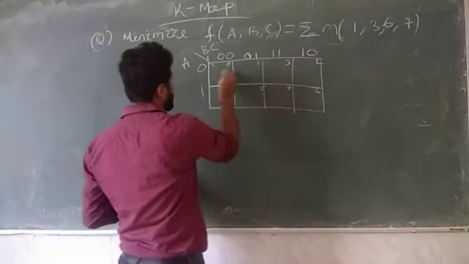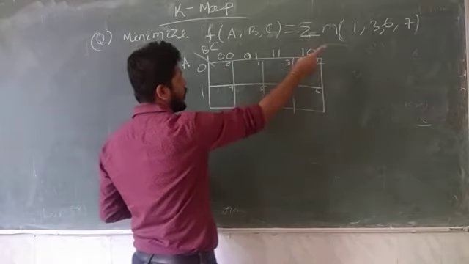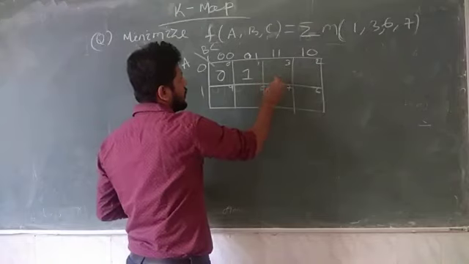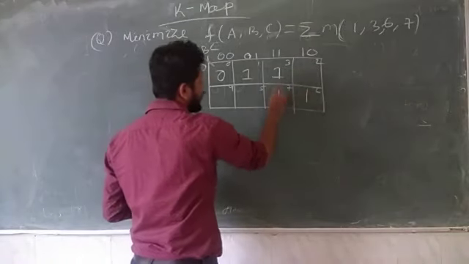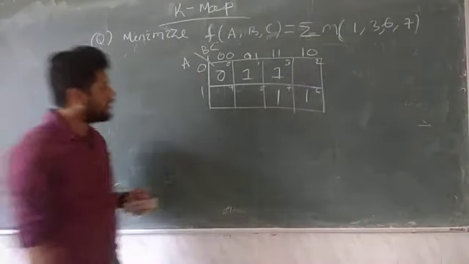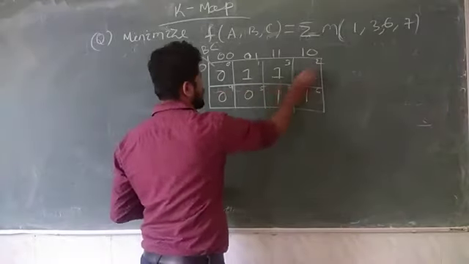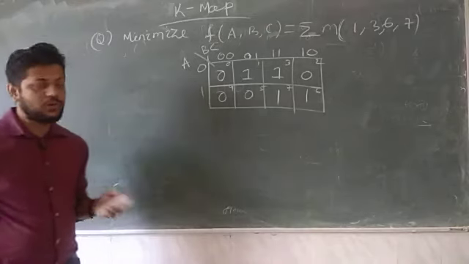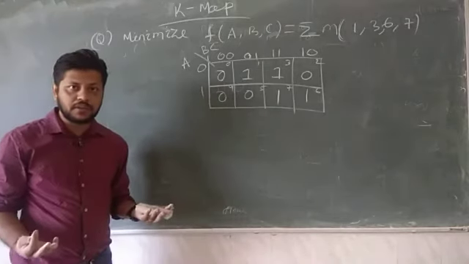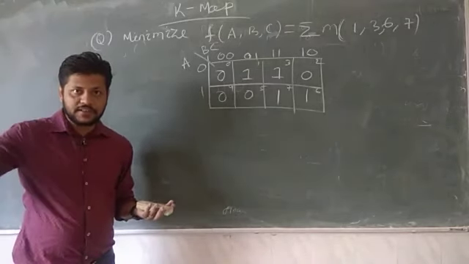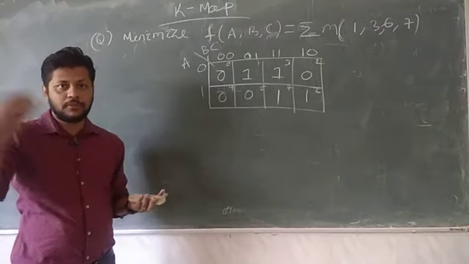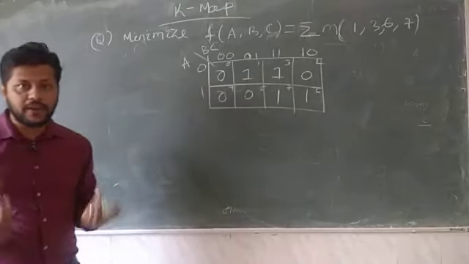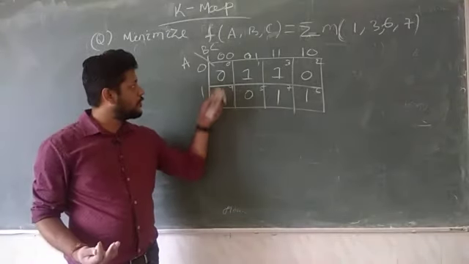So we can see here, 0 is not present, so 0. 1 is present, so 1, then 3, then 6 and then 7. Remaining terms are 0 only. So is it possible to combine all the 8 cells? No. After 8 cell combination, we have to see first 8 cell, then 4, then 2, in terms of 2 power. So we cannot combine 8 cells because we have 0 0 0 and 0 here.